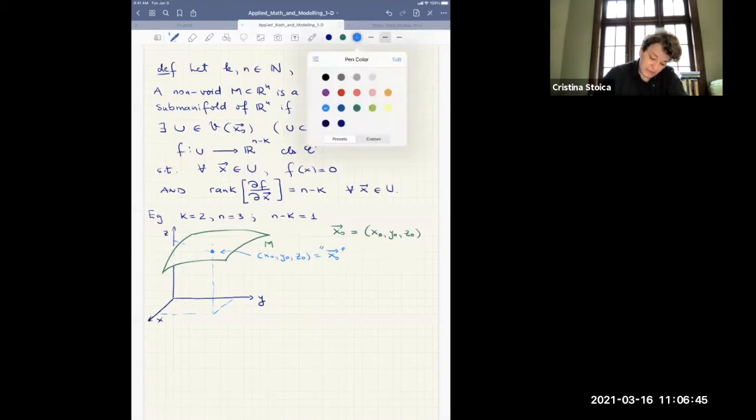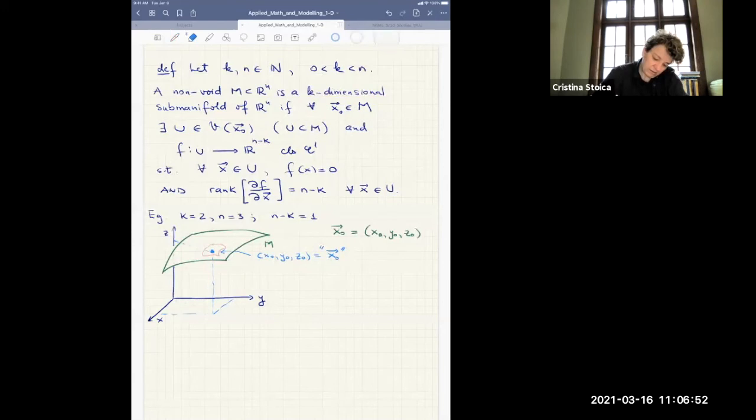Any point in M has a neighborhood. I have to make like a patchy thingy. This neighborhood is nice and round, and it doesn't have to be in any particular way. I don't want a corner, so take it smooth. It's a patch on M. That's the point x naught. So here we have this U, such that for any x in U,